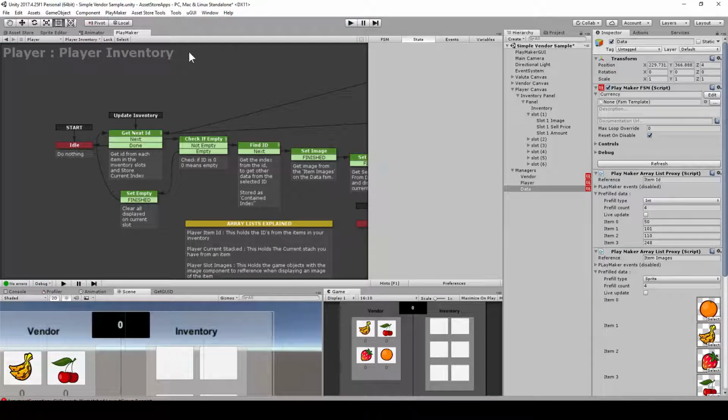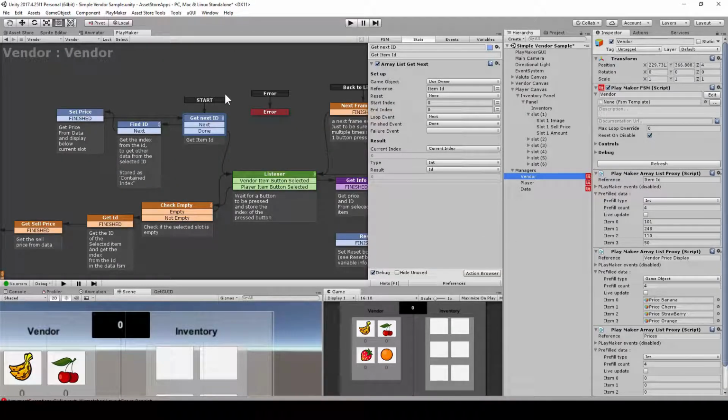Now let's have a look at the vendor. First, I will show you the arrays here. So I have my item IDs here, and I have everything preset already here. So I know already what my vendor needs to sell. And you can see I already set the images, and then also I have my IDs here, and they should correspond with the buttons. So in my first item I have 101, and in my first slot I'm gonna have this banana,